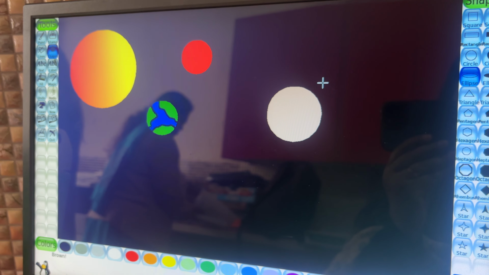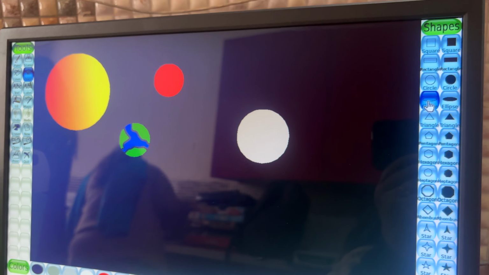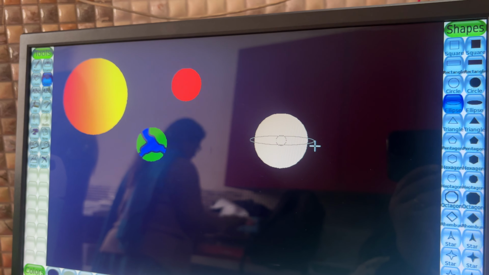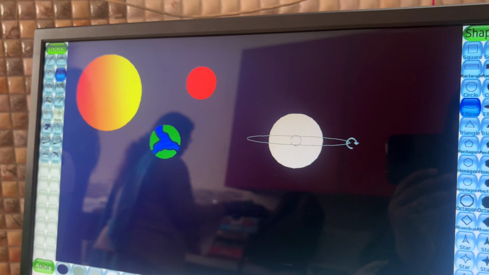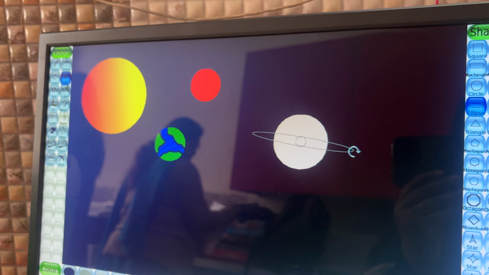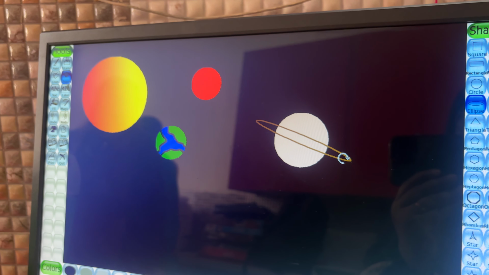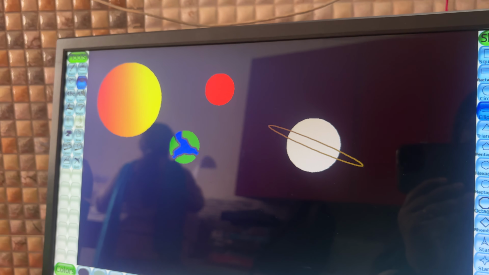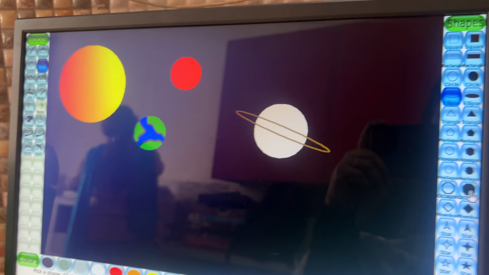Now for making the ellipse, we will click on the unfilled ellipse shape under shapes and stretch our ellipse shape sideways to create a ring for Saturn. If we move our mouse a little to the left, we will be able to create a tilted ring for the Saturn planet. So this is how Saturn is completed.